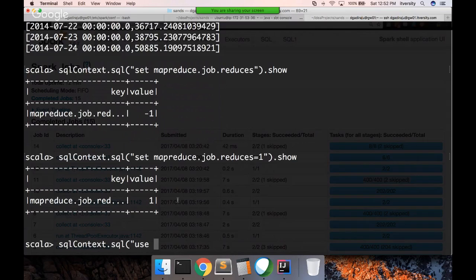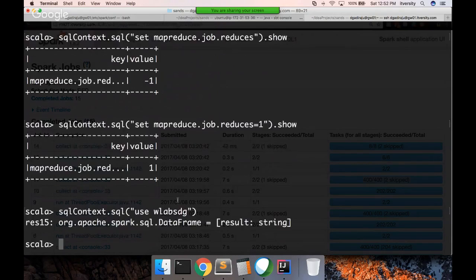use, and you can use the database of your choice. In this case, let us use the same thing, wlabs dg. Okay, and now you will be running queries against tables in this database if you do not prefix your table names with the database name. And then if you want to run insert command or load command, if you are familiar with load